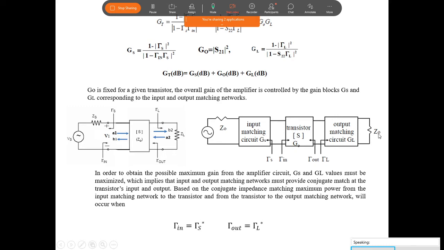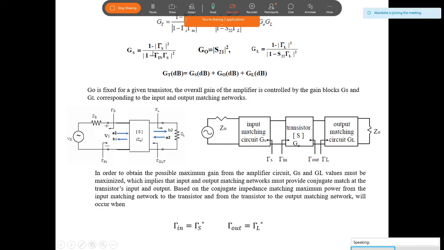See, the load is 50 ohm, but what we are doing is changing that impedance by connecting this impedance matching network. Using this impedance matching network, the impedance looking towards the load changes. It may be some value, that we are taking as ZL now. ZL is not now Z0, it is equal to whatever the impedance between these two terminals. So you should set that value. What is the value between here to get that 4 dB gain here? So you should design this output matching network and input matching network such that our gain must be equal to whatever you want.